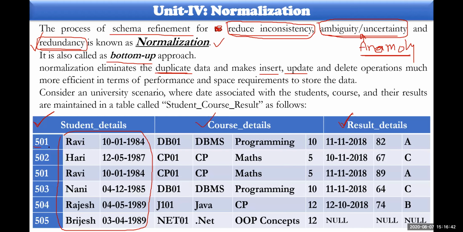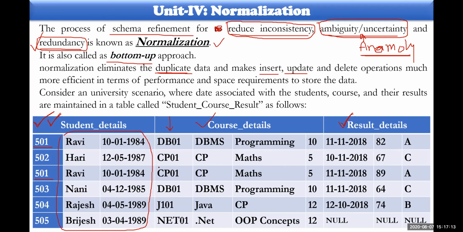Look at this, 501 has been represented twice. If you enter a huge amount of data, then 502, 503 and so on. If 502 has joined many courses, 502 will also be available with the student details twice, thrice or 10 times, because there are a huge number of courses here. Every student has joined many courses, so the same kind of student data will be replicated many times.